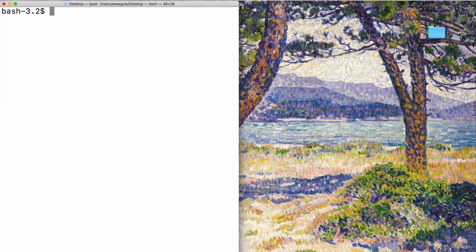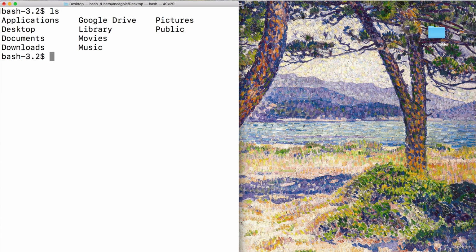Let's clear this again. And if we check where we are, all right, let's change this untitled folder to something like test. Okay, let's say I'm in the user directory right now. I wanted to access desktop and then the test folder. I would simply do cd desktop and then test. And now I'm in the test folder, but there's nothing in there. So one thing we can do is I can say open dot, and it opens the folder that we're currently in.